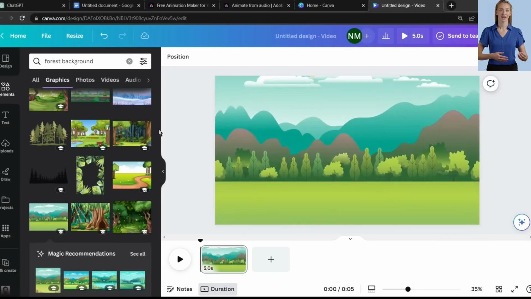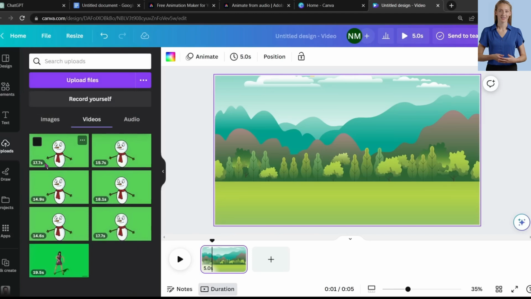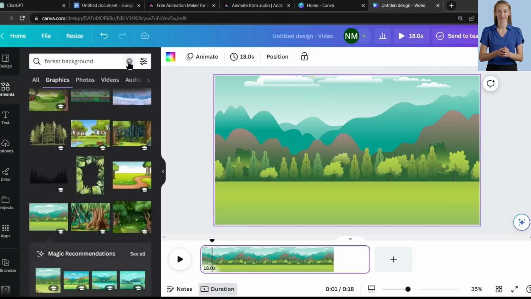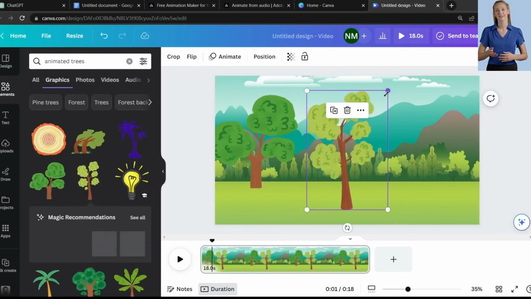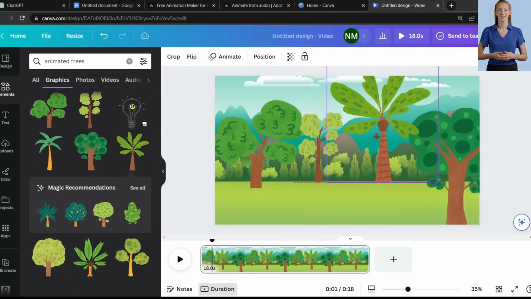After uploading the animated videos, click on Elements and search for Forest Background. Select a suitable background image and adjust it to the video size. To adjust the video size, refer to the animated video's duration in your upload folder. For example, if the first video is around 17.7 seconds, adjust the timer to 18 seconds for perfect synchronization in